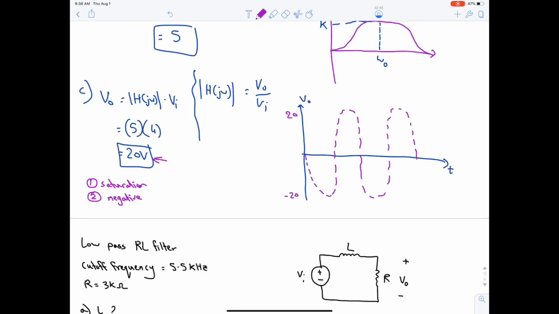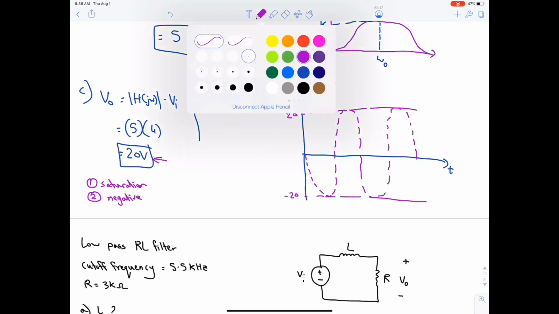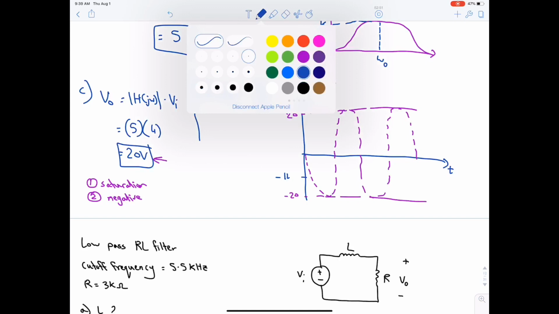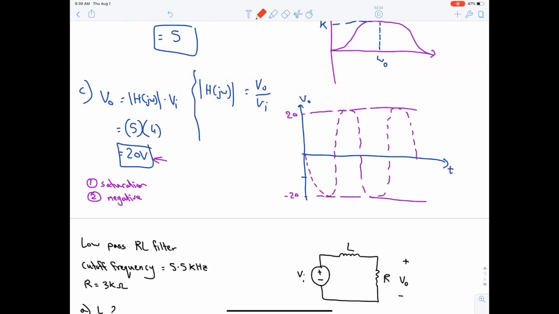And minus 20. Okay, but because of saturation, we will crop it to minus 14 and 14. Cropping, and this is the answer. This graph is really tricky. Okay,